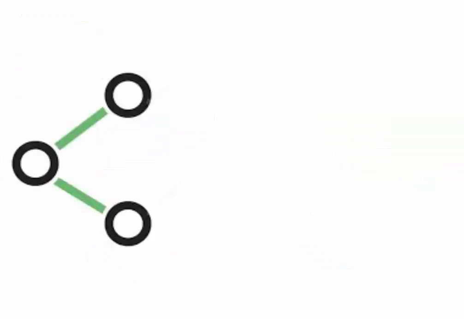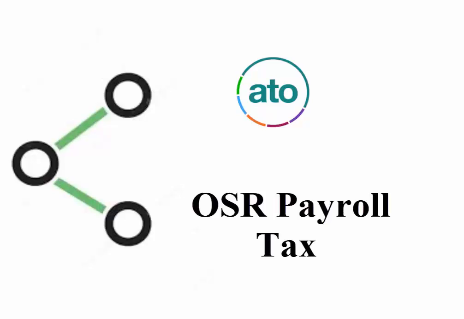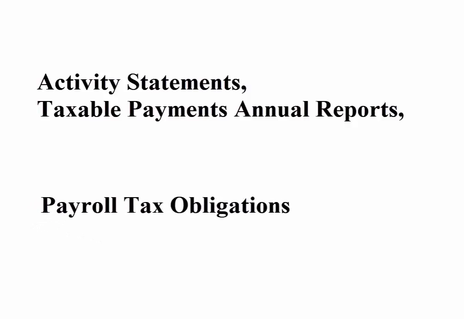Outstanding reports. Outstanding reports synchronizes with the ATO system, and some OSR payroll tax reporting forms, to list out all issued compliance reports required for the selected business entity and/or the individual taxpayer. These compliance reports include activity statements, taxable payments annual reports, as well as payroll tax obligations in the relevant state